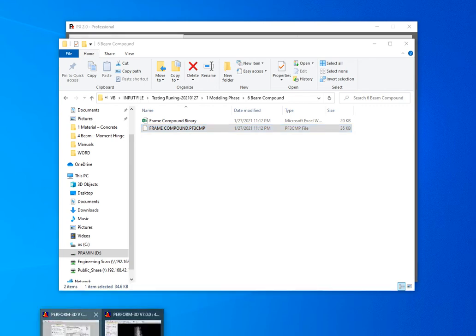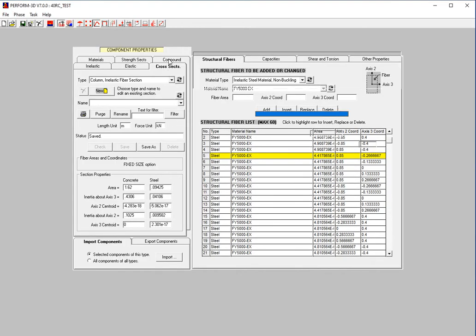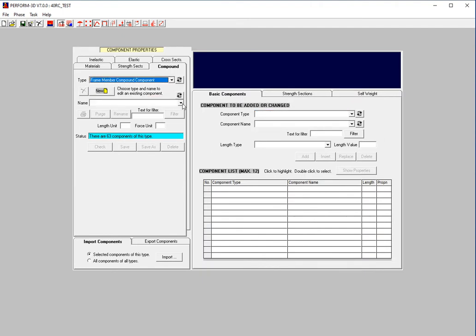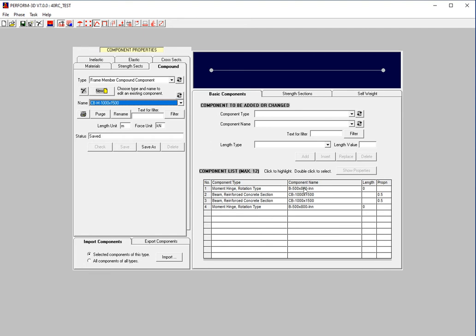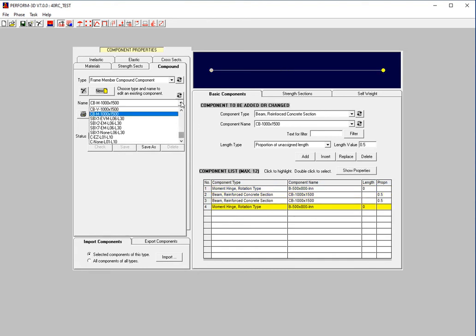It's time to import to Perform 2D. Go to frame. In this model, they already have the compound that was assigned for this model. So anyway, we will import a new one.